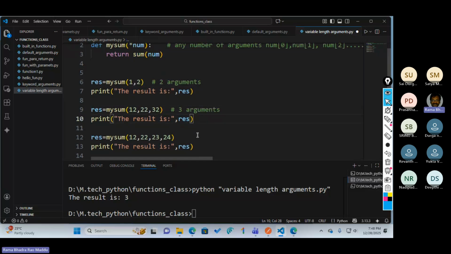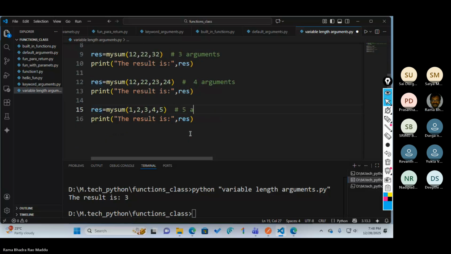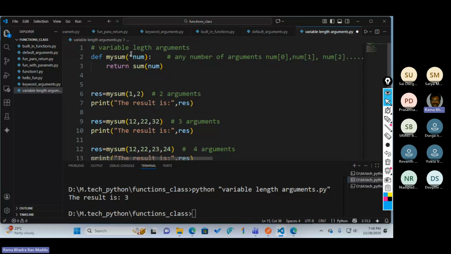Here it took 4 arguments. Here it took 5 arguments. But my program contains only one variable. It is nothing but star num. The star num represents any number of variable length arguments.